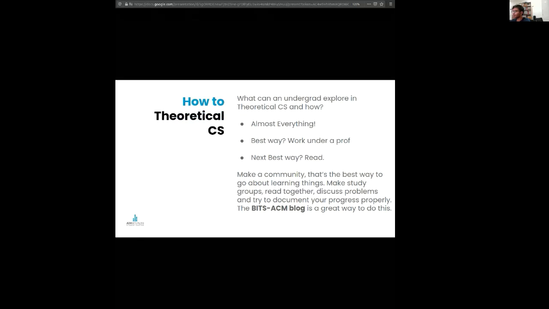So let's talk about how you can get into theoretical. First of all, don't be intimidated by the topic names. The last slide was full of big names, but I can assure you that seniors on campus and in ACM are doing these topics. They're pursuing these things. So it's totally possible. The best way to go about this is to learn some basic theory from standard books and try to get a project under a prof, because a prof has experience and you'll need that experience to not get lost and basically navigate through theory.